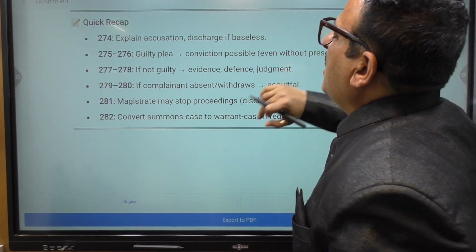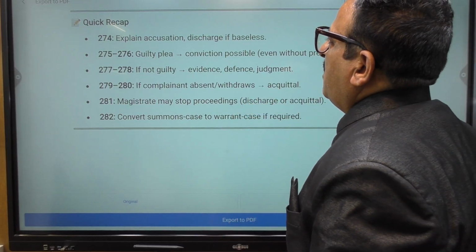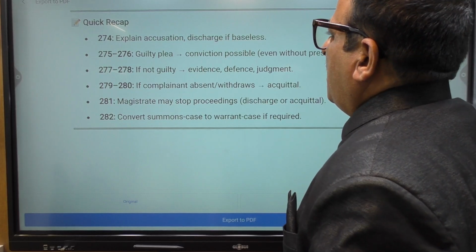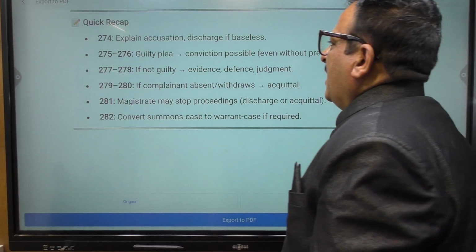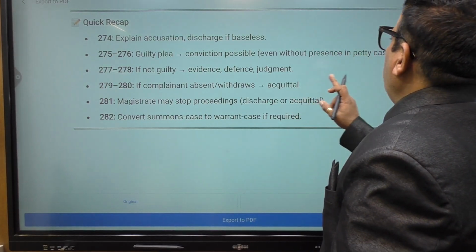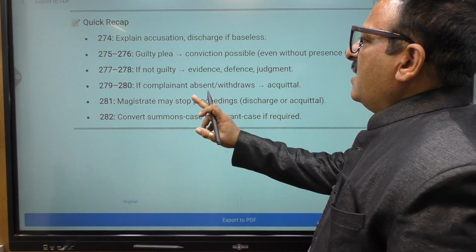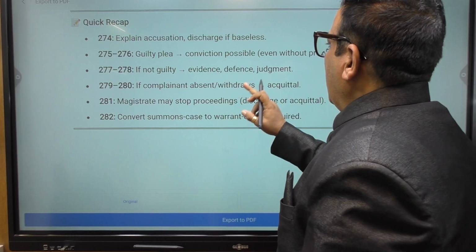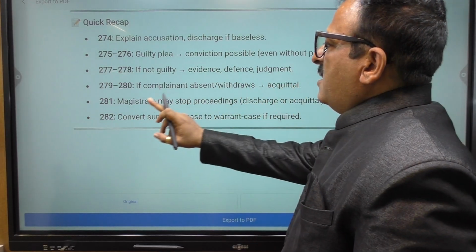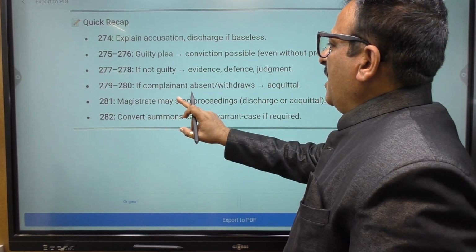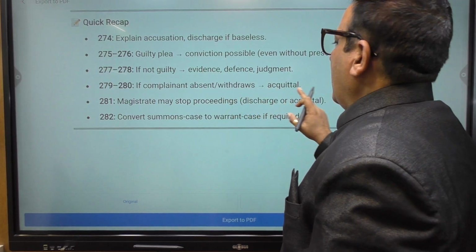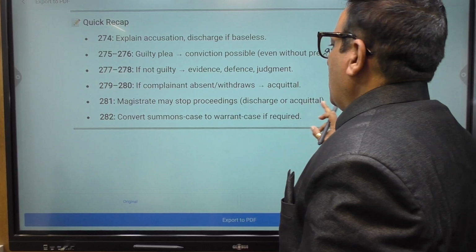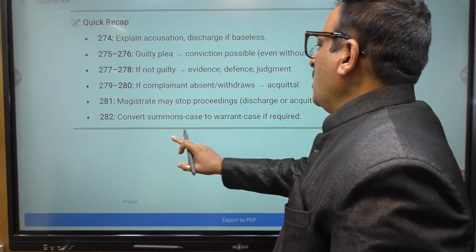Quick recap of this chapter. Section 274, explain accusation, discharge if baseless. Sections 275 and 276, guilty plea, conviction possible even without presence in petty cases. Sections 277 and 278, if not guilty, evidence, defense and judgment. Sections 279 to 280, if complainant absent, withdrawal, acquittal. Section 281, magistrate may stop proceeding, discharge or acquittal. Section 282, convert summons case to